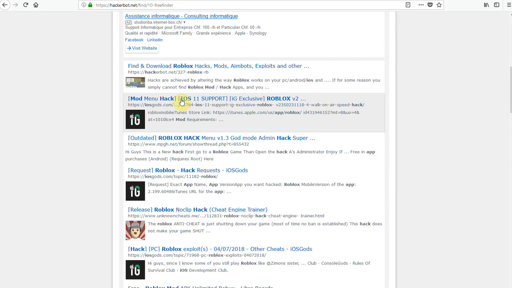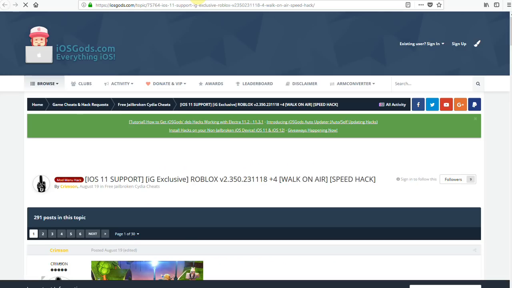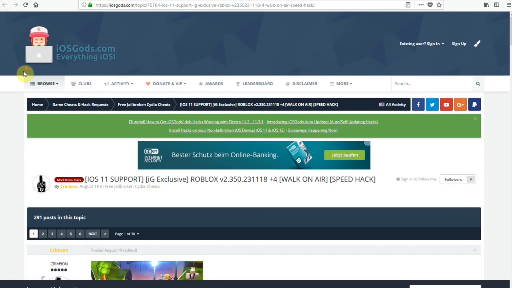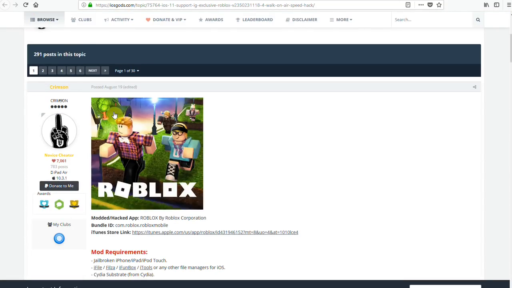There's something for iOS 11. Let's just have a look at it. And again, same thing, different forum. The forum itself, pretty legitimate. People on it that are posting, not necessarily so legitimate. However, what I can see here, when I look at the forum profile of who posted the hack, I can see that he has